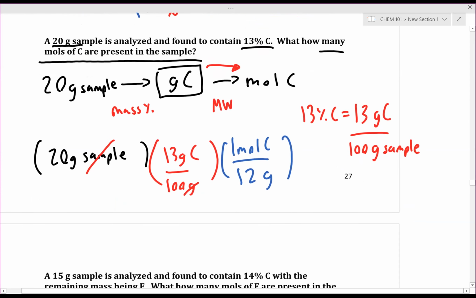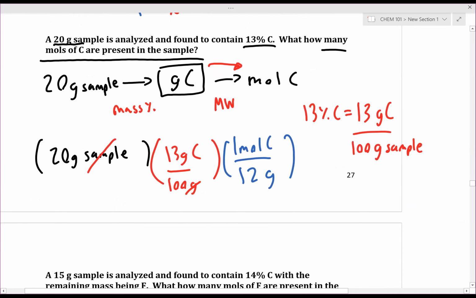One moment, let me just zoom into the proper view. Okay, and I'm going to walk over to the calculator screen and we'll enter this into our calculator. So we're going to enter in 20 times 13 divided by 100. Okay, so now we have the grams of carbon, then divided by the molar mass of carbon, which is 12, and that gives us about 0.217 moles, which will round to 0.2